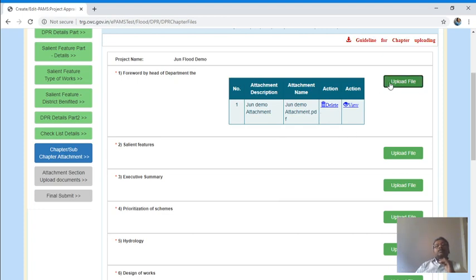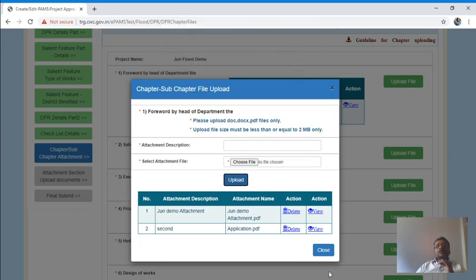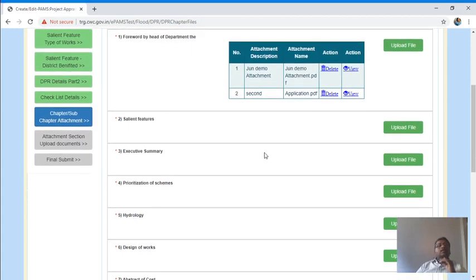I can upload one more. Upload. Now you can see that I have attached two files. In the same way you can attach multiple files here.